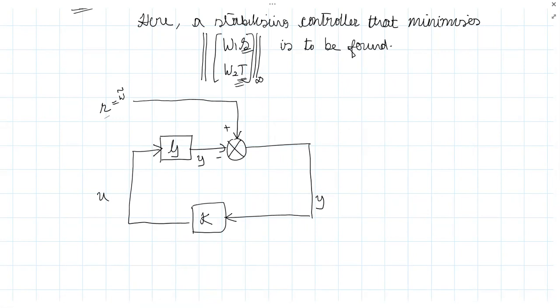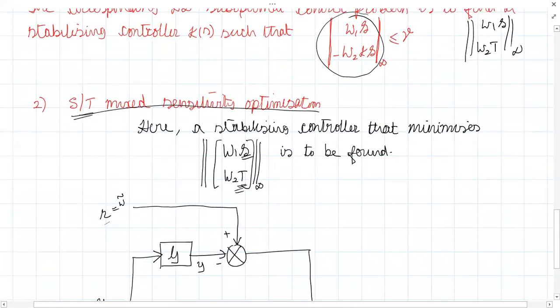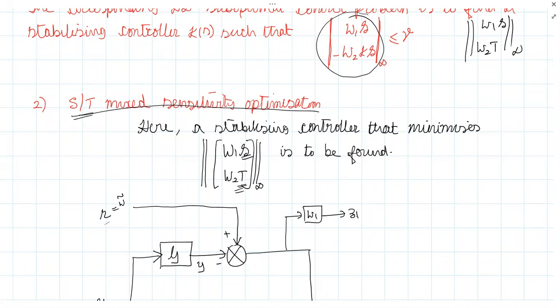Come on. One from Y, correct? Why one from Y? Any reason? That sensitivity one, no? Correct. One from Y. Then what about the next? Error. Exactly, from the error signal. Output minus reference. Yeah, that is correct. So one should be from the output and one should be from the error.